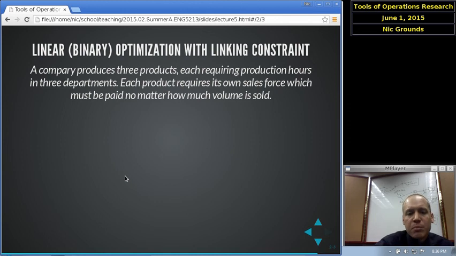Now, if we're going to make product, say product A, then we have to pay the salespeople, regardless of how much they sell. So the volume doesn't really matter. If we're going to make any at all to sell, then we have to pay the salespeople that fixed cost. So there's a fixed cost associated with paying the sales force. However, if we've decided to pay them and decided to let them sell, then the volume of what they sell also comes maybe with some variable cost. That is, there's a variable cost associated with how much it costs to produce each unit of the product. For example,